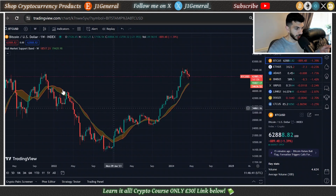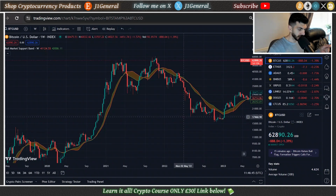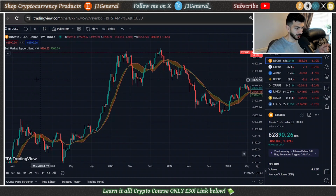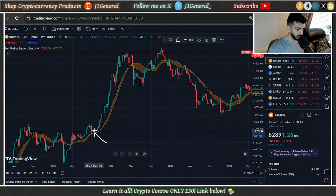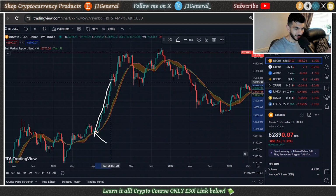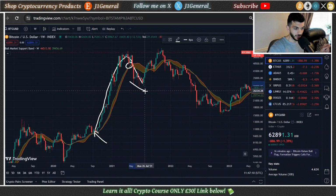I'll give you a couple of prior instances. If we go back to last cycle, where we were in fact in a massive bull market, the price broke out from its bull market support band, or backtested it as support, at the beginning of October. Price then rallied on without backtesting the bull market support band, and then when the bull market support band finally caught up with the Bitcoin price, Bitcoin failed to hold it as support and then went into a summer downtrend